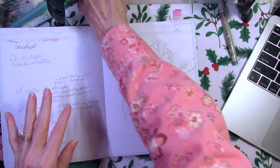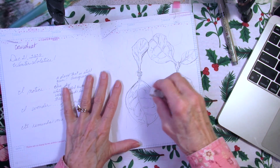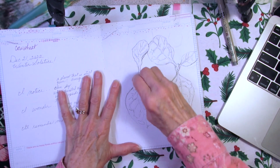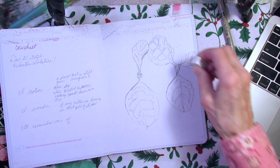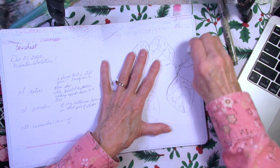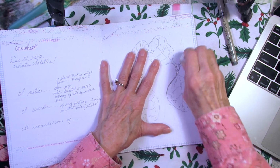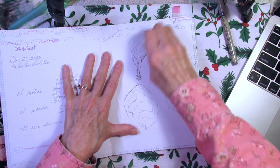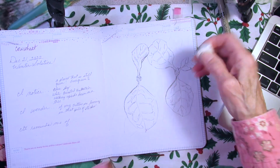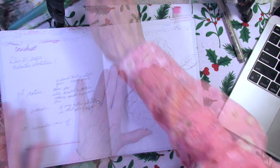Okay, so now I'm going to take my eraser. I still have my computer open here with the picture. And I'm going to erase some of the lines in the plant. And if you don't know what plant this is, that really doesn't matter. I'll look up the correct name for this and write it in after. Get some color on here. I'm going to leave some of those pencil lines in the background because they don't matter too much. All right, now